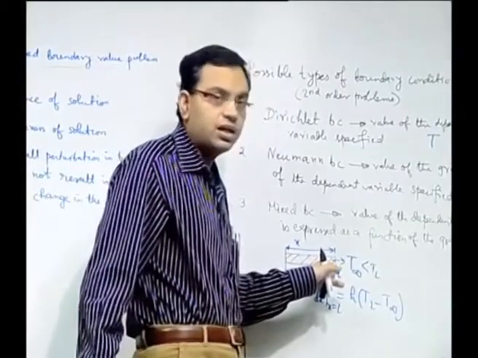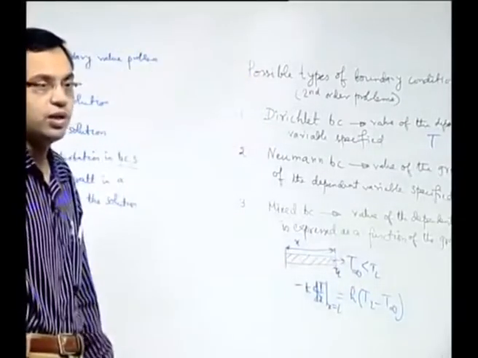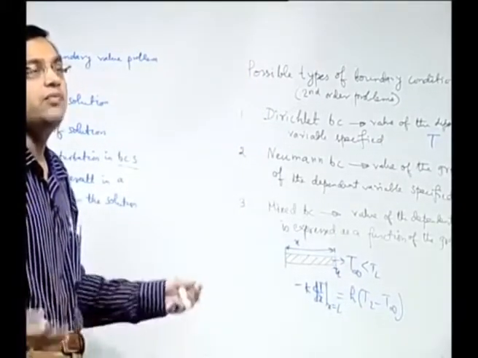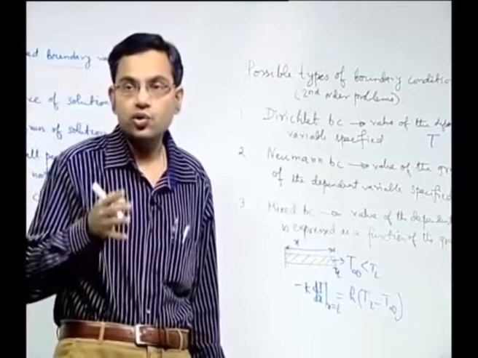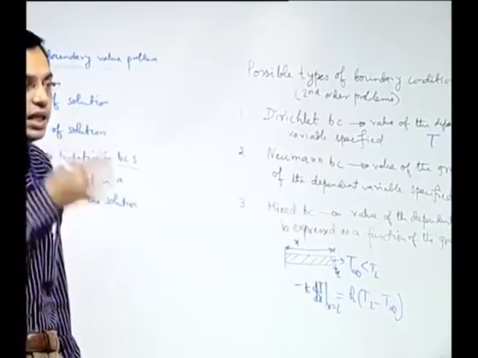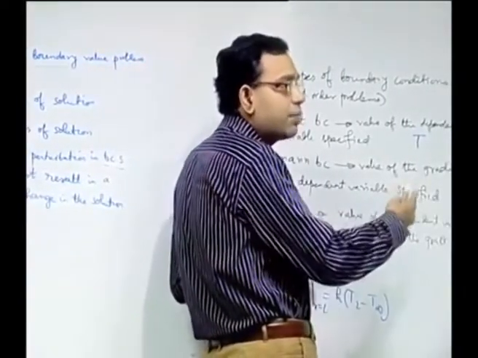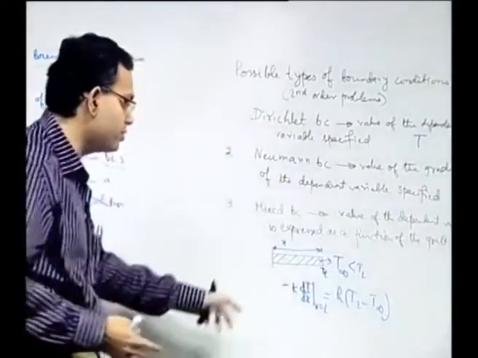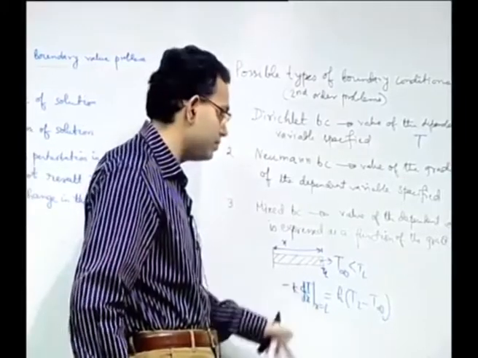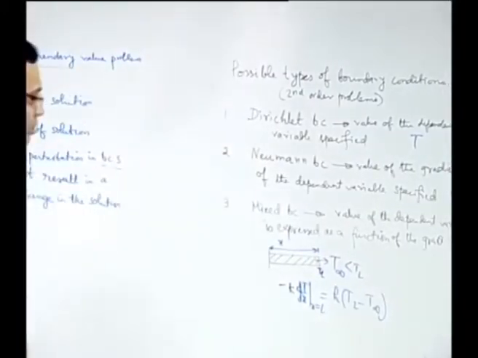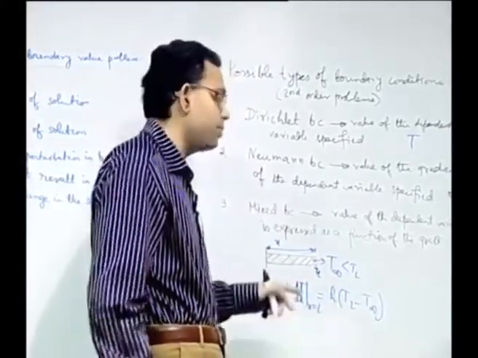whatever is the heat flux coming by conduction, the same is the heat flux that is leaving because of convection, and that remains true even if it is unsteady, because the interface is not a volume, it cannot store any thermal energy. So no matter whether it is steady or unsteady, at any instant whatever energy comes to the interface by virtue of conduction, the same has to be dissipated to the surroundings. So you can use the same with the ordinary derivative replaced by the partial derivative for an unsteady problem. Here you can see that the temperature is expressed in terms of the gradient of temperature at the boundary. So it is a mixed type of boundary condition.